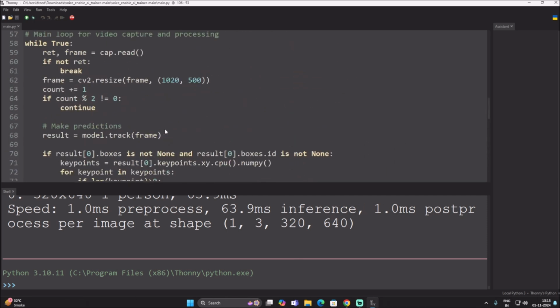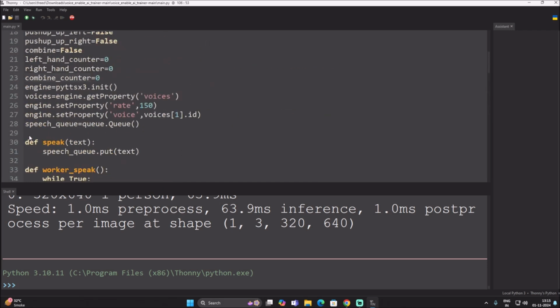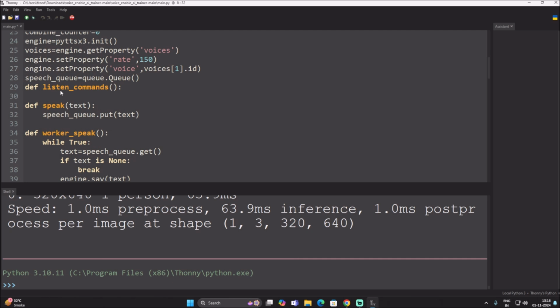So let's create here a speech recognition function. We have our speak function. So first we will say def listen commands. This is our function, because our machine will listen to our commands. For that I have mentioned listen commands. You can mention any name for the function. We have already imported our module, as you can see, import speech recognition as SR. Simple. And then def listen commands, and then we will mention recognizer